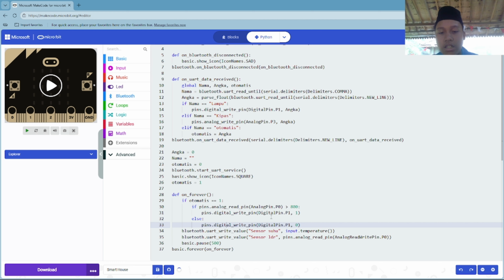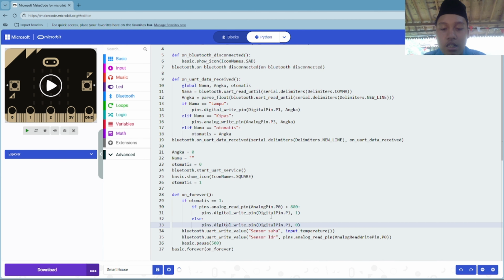So if you guys have a dark place, the LDR was sensing until 1000 or 800. The main point is more than 800.